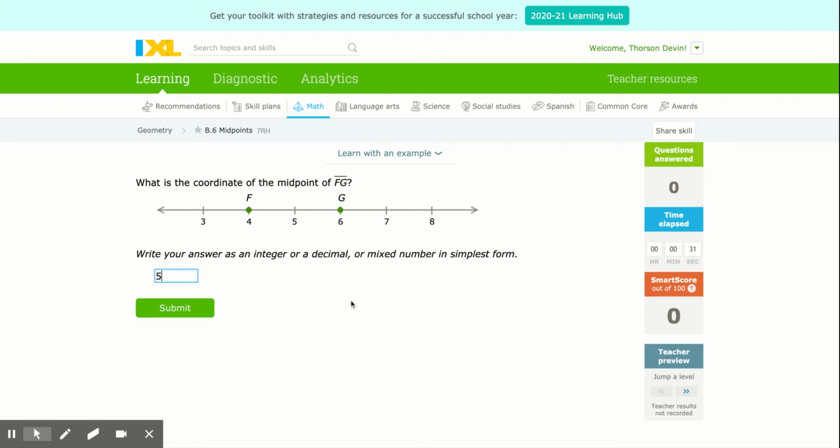But I want to help you understand the actual concept. The concept is the midpoint between any two numbers. It's the average. You just add 4 and 6 together and divide by 2. What's 10 divided by 2? Well, 10 divided by 2 is 5. That's how you find the midpoint between any two numerical numbers,